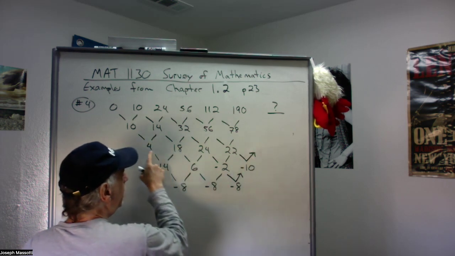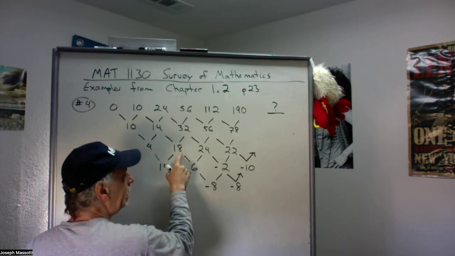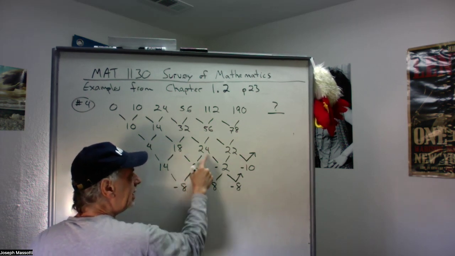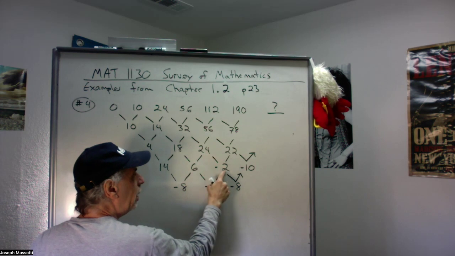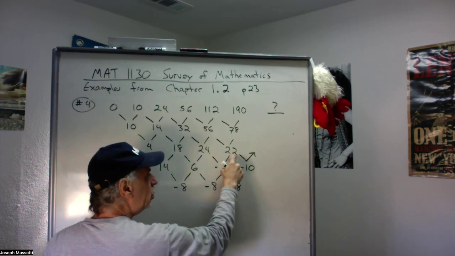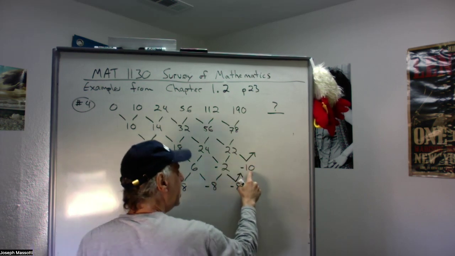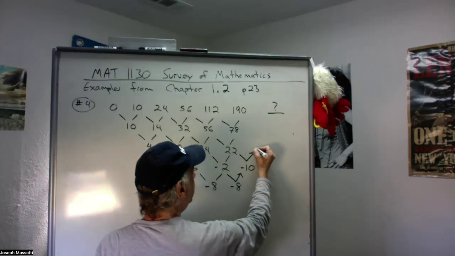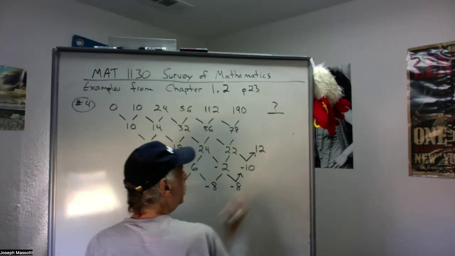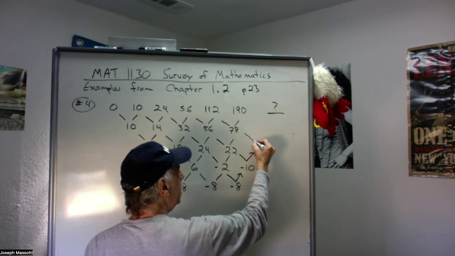All right? 4 plus 14 is 18. 18 plus 6 is 24. 24 plus a -2 is 22. 22 plus a -10 is 12. And continuing,